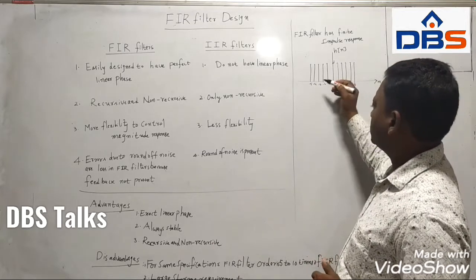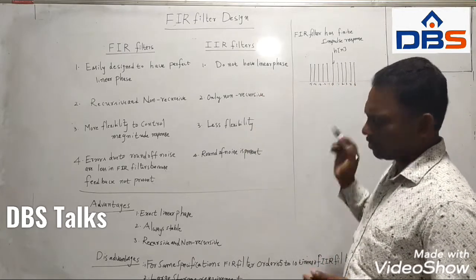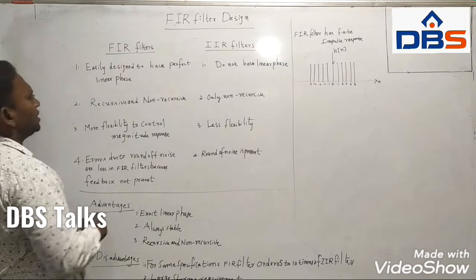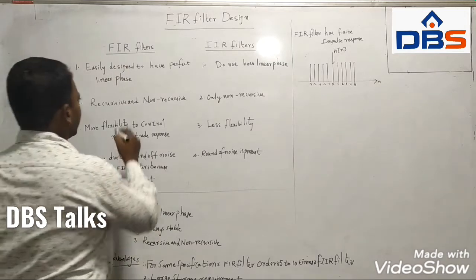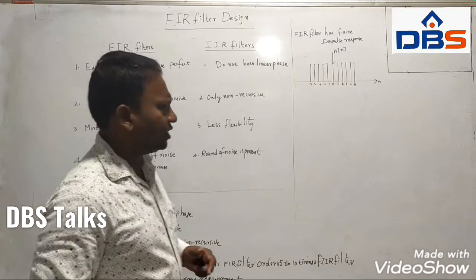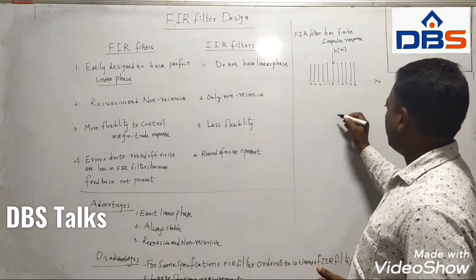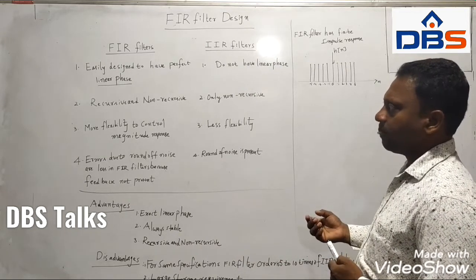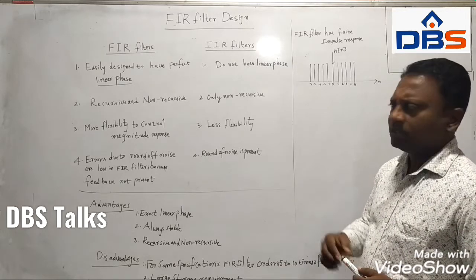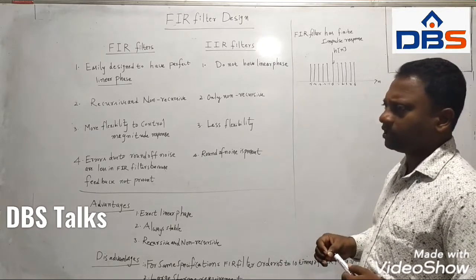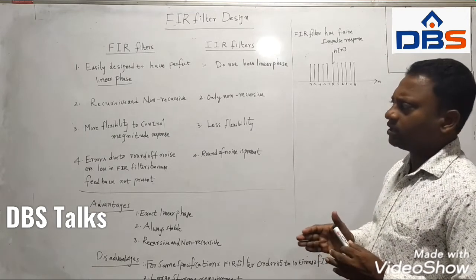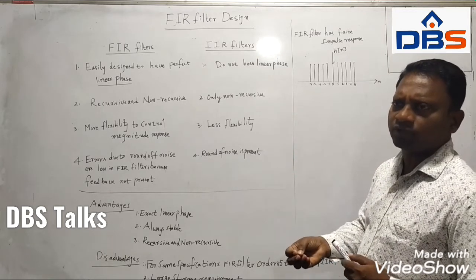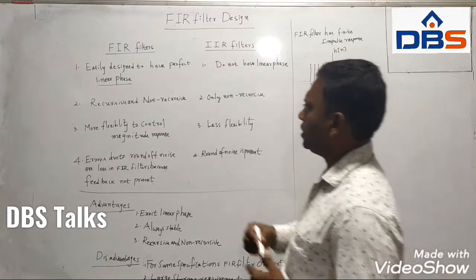Okay, now that is the first difference. You can add it also if you want. Actually, that we have seen in the beginning classes. Now we will see. So FIR filters can be designed to have a perfect linear phase. Linear phase means if the phase angle of the filter transfer function varies linearly with frequency, then we say that it is a linear phase filter. This is one of the important characteristics of FIR filter, because when the phase of the transfer function of filter varies linearly with frequency, then only we can reproduce the output without any distortion. Okay, that is a very important property of the FIR filter.